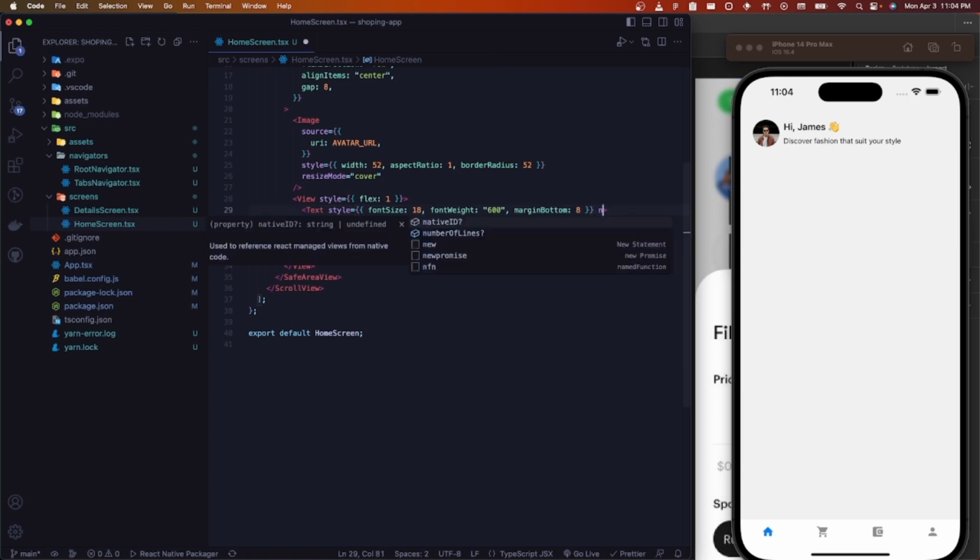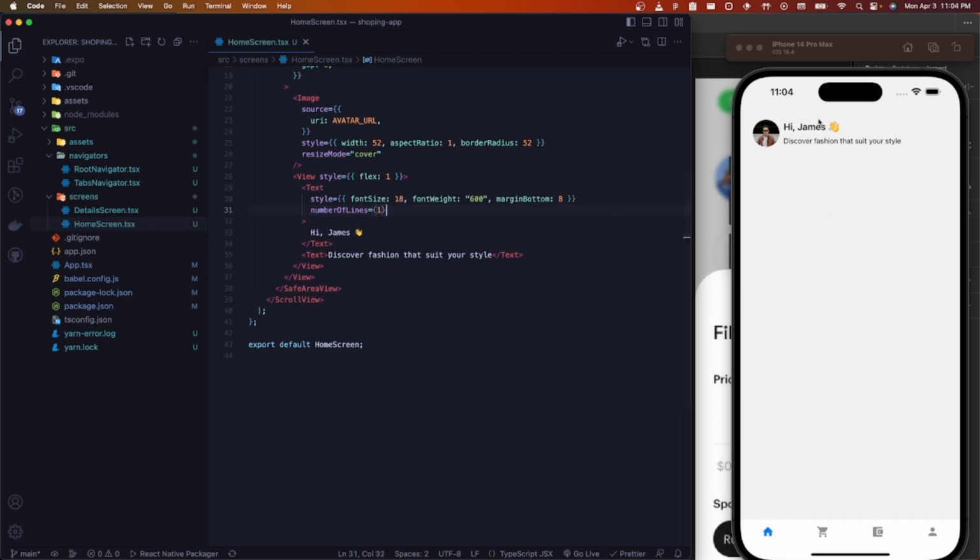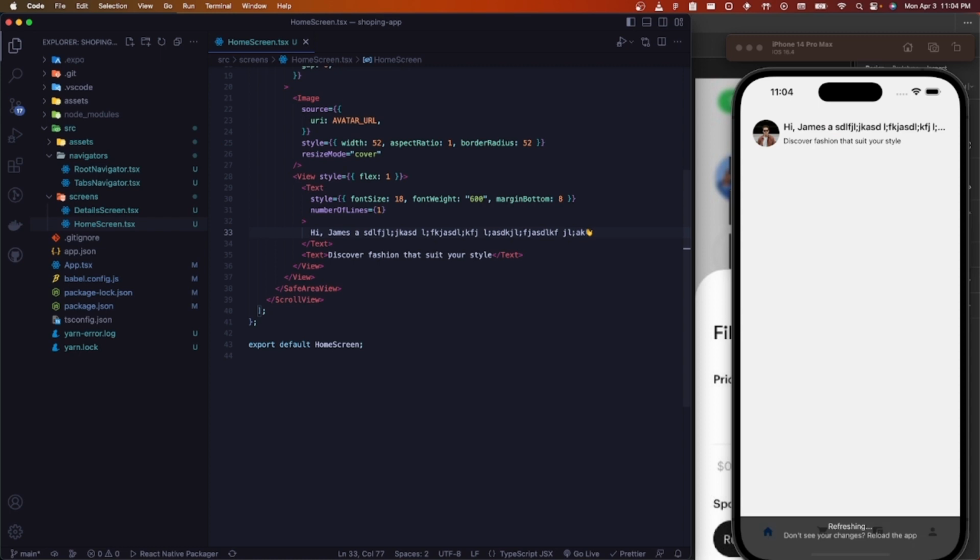And let's make number of lines 1, so it doesn't break down. If someone has a long name, then it will just show dot dot dot. Let me just show you. If I add a long name, it will just break down there. I hope you understand that. Okay,